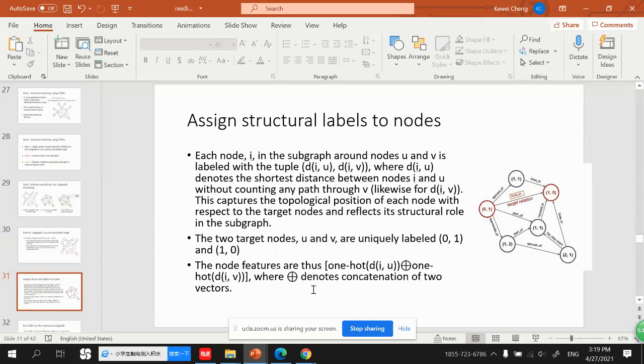Right, that's true. Another comment, also inspired by this paper: essentially we want to get the relative position of a node to the target node. Here it's just the shortest distance, which is one possible way and more natural for a homogeneous network. For a heterogeneous network, a better way is to find the shortest path. There could be multiple shortest paths, but each path is a sequence of relations. If we have a good representation for those relations, which we can also learn from pre-training or elsewhere,